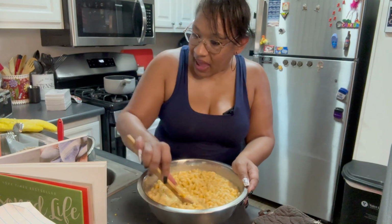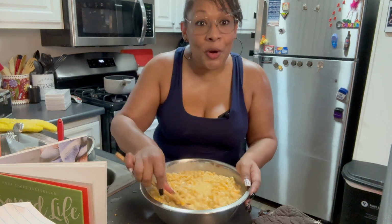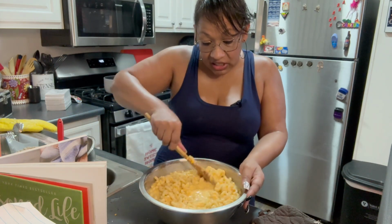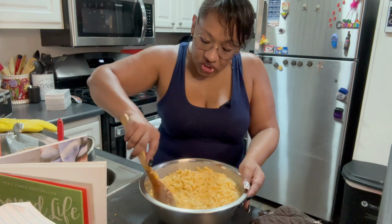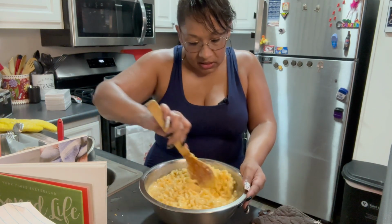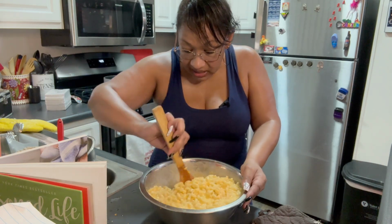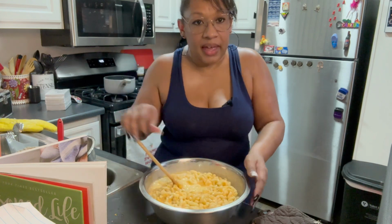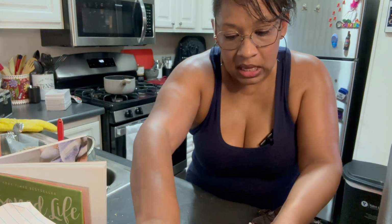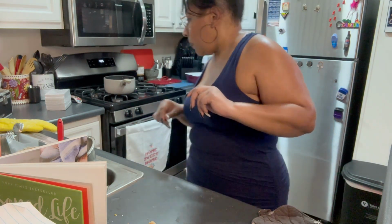Okay, what comes after that? In a medium bowl. Okay, so we need another bowl. I told you she loves dishes. So not all of my cheese is completely melted, but that's okay. It's going in the oven so it can melt. And I'm going to set this aside a minute anyway, so that is still fine. Again, I'm going to put this over here, set that aside, and I'm going to get another medium bowl,